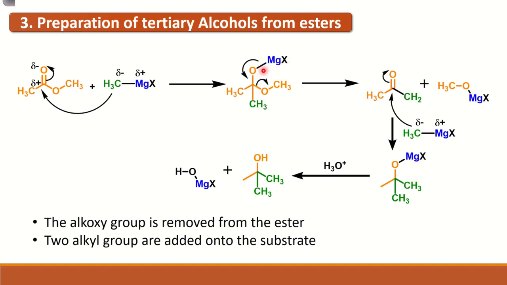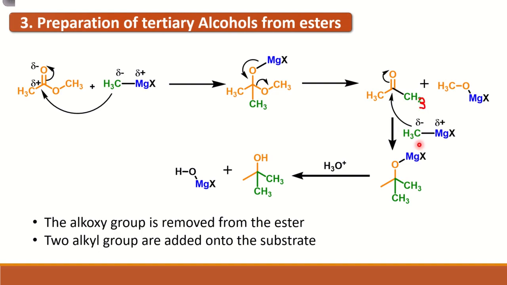Now this electron will come back to this carbon, which results in the breakage of one more bond, because now the carbon would have five bonds and it has to break one more bond. So it will break the C single bond O, and this CH3O negative will be released. This CH3O negative will then attach itself to the MgX, forming CH3O-MgBr, and the CH3 is already attached here, so we have CH3 C double bond O CH3. This is CH3, this is not CH2.